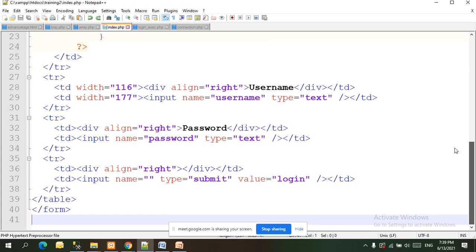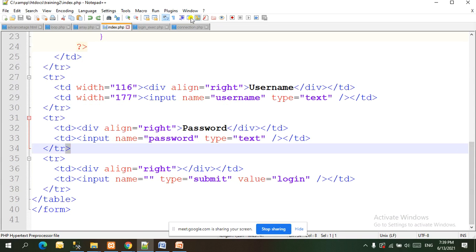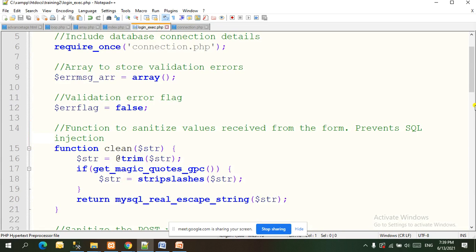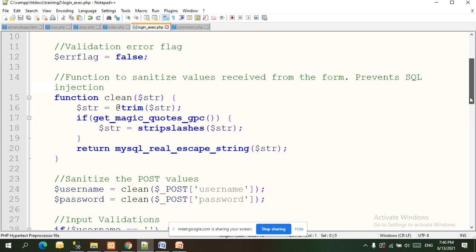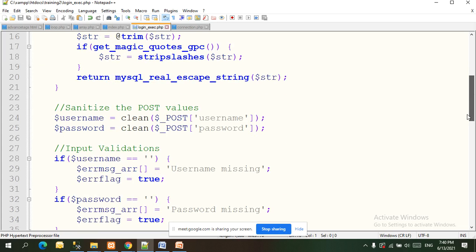Note here, we are doing validation. It returns mysql real escape string.